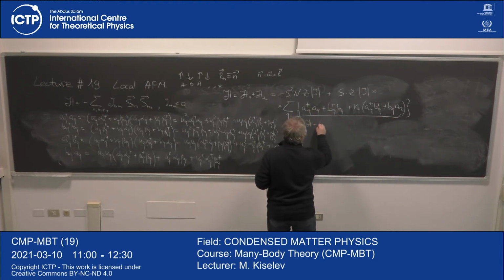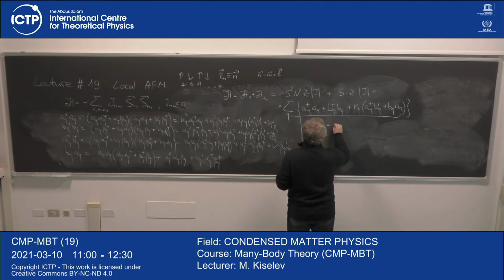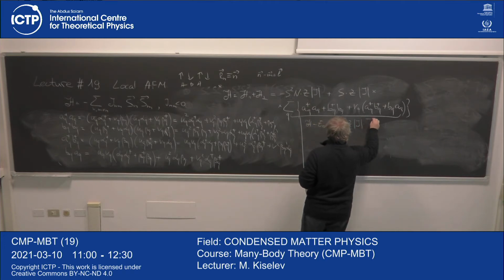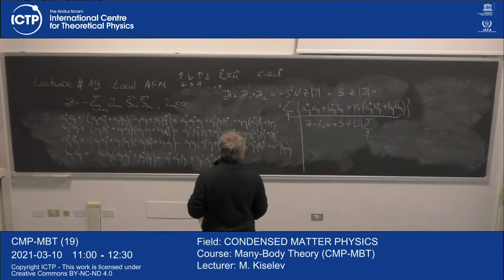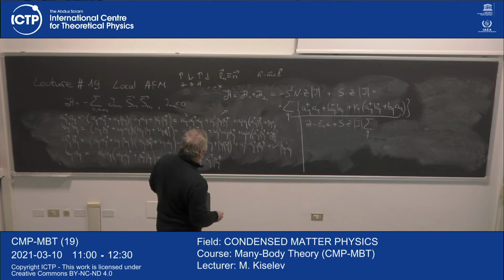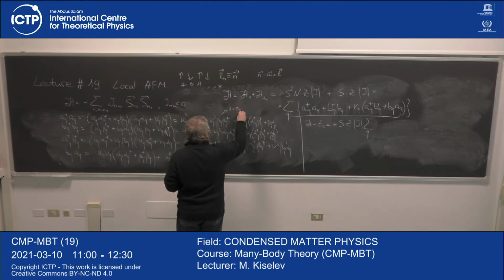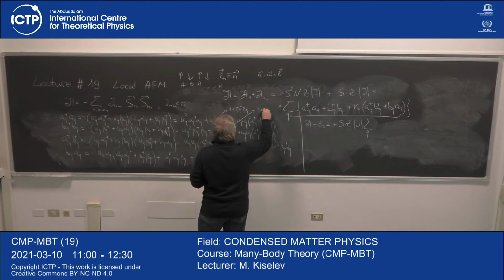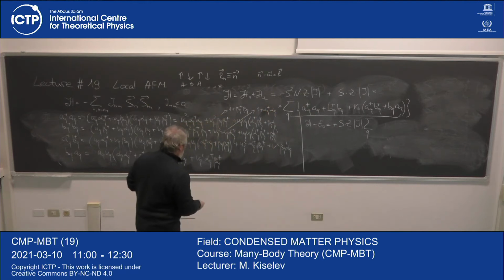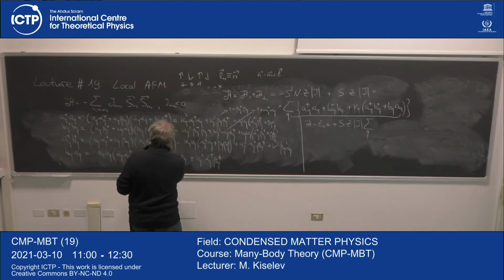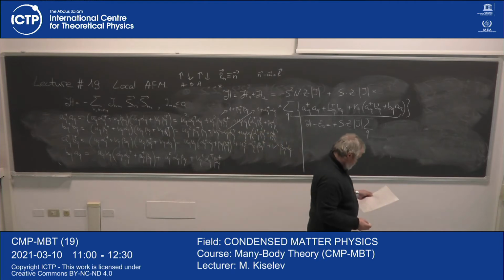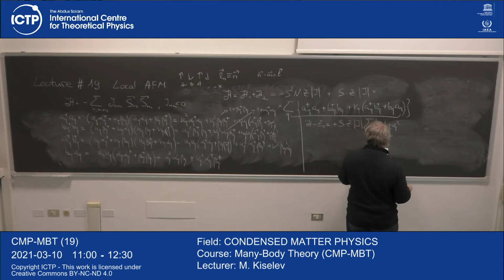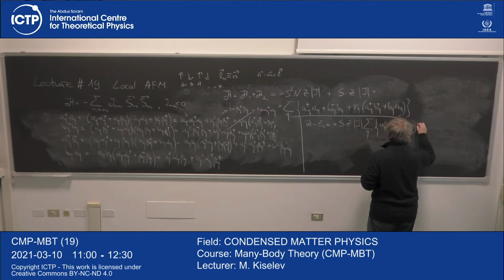So H minus E naught is equal to plus S times Z times modulus J times sum over Q. By the way, I will use commutation relations. So this is 1 plus BQ dagger BQ. The same way this is 1 plus alpha Q dagger alpha Q. And the same way here and there. So by collecting terms, I have UQ squared plus VQ squared plus 2 times gamma Q UQ